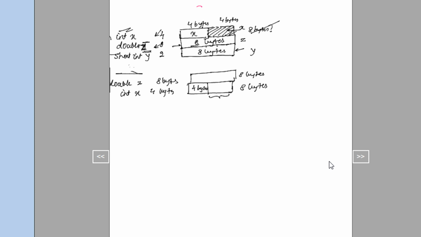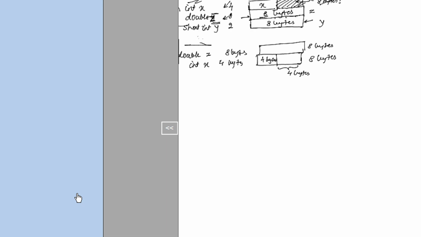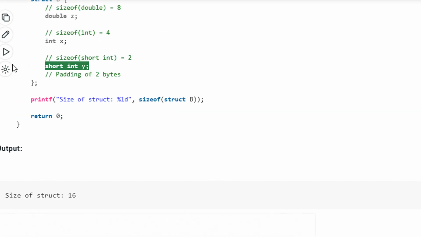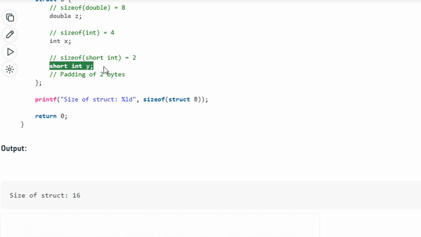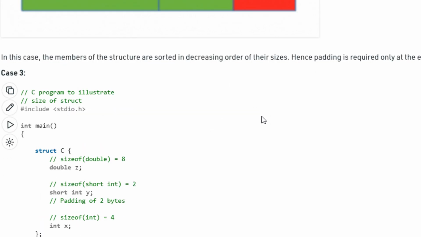So we still have a space of 4 bytes remaining here, right? Now it sees, okay, I am getting a short int y. So even though I could have 4 bytes, I can now actually pack the 2 bytes here itself. Now imagine even if you had another short int, let's say a here, that short int would have taken 2 bytes, and it would have been packed up to this location. So the size of the structure would have still remained 16 only, right?